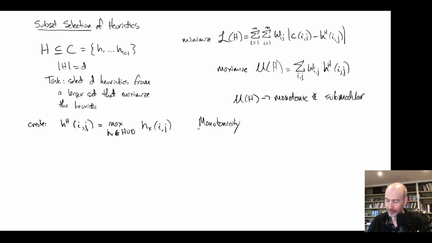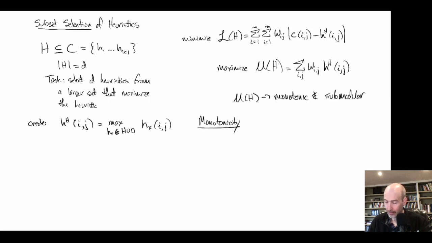Monotonicity basically says that as I add things to my set, so H is a set, the heuristic value goes up. So it's a function. And as we're thinking about the U function here, I'm going to write my function as f, just because it's a general function. So monotonicity in general is a function that is going to map from